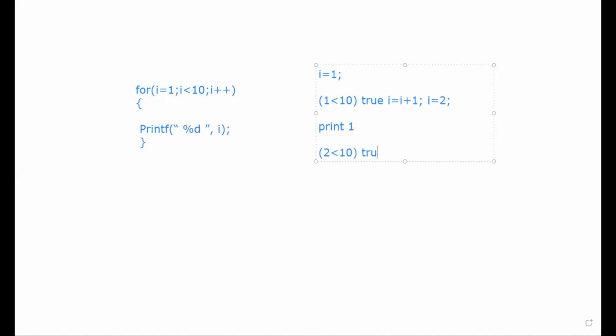The condition is true, so now I will be incremented. Since expression 2 is true, expression 3 will be evaluated, because as I told you, expression 3 is dependent upon expression 2. If expression 2 is true, then expression 3 is evaluated, otherwise it won't. So I will become 3, and then it will print I. So the print will be 2.